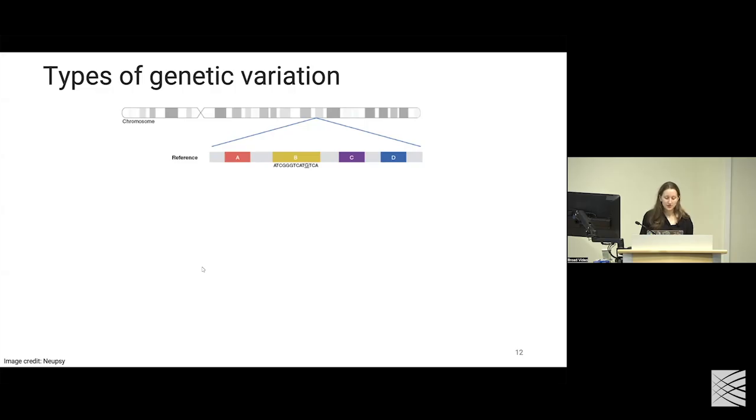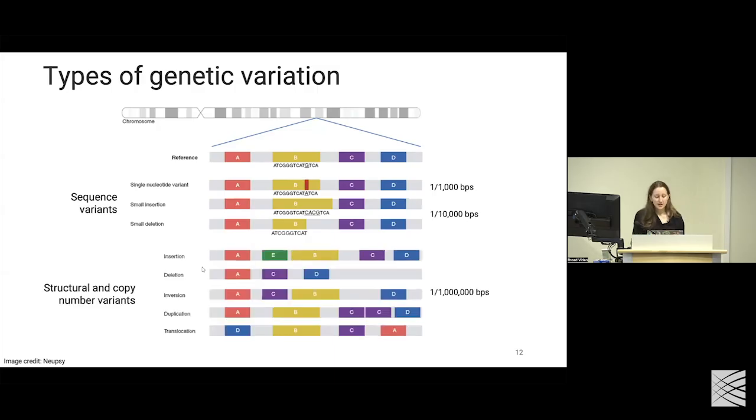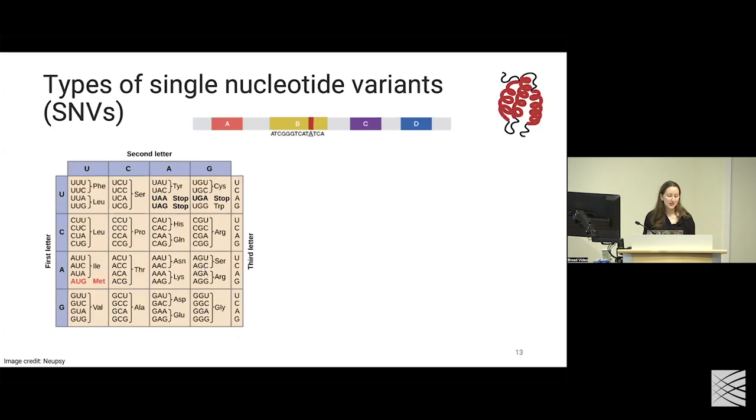But to get into the types of variation we might see, we'll start with a simple depiction here, where at the top we have some reference. And I'm sure we've all heard of single nucleotide variants, which are just single base pair changes. They occur approximately in 1 in every kilobase of sequencing data. We can also see things like small insertions and deletions, which are a bit more rare. And then we'll even start to see predicted regions for structural and copy number variants, which are supposedly more rare, unless our sequencing data isn't good at picking them up.